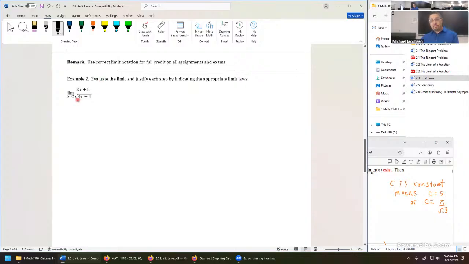This time, we know what the function is, 2x plus 8 divided by the square root of 4x plus 1. Here, these instructions are pretty specific. Evaluate the limit, justify each step by indicating the appropriate limit laws. I want to mention, we're not going to do this on every single problem. We're only going to do this once on example 2, and the whole purpose of this is just